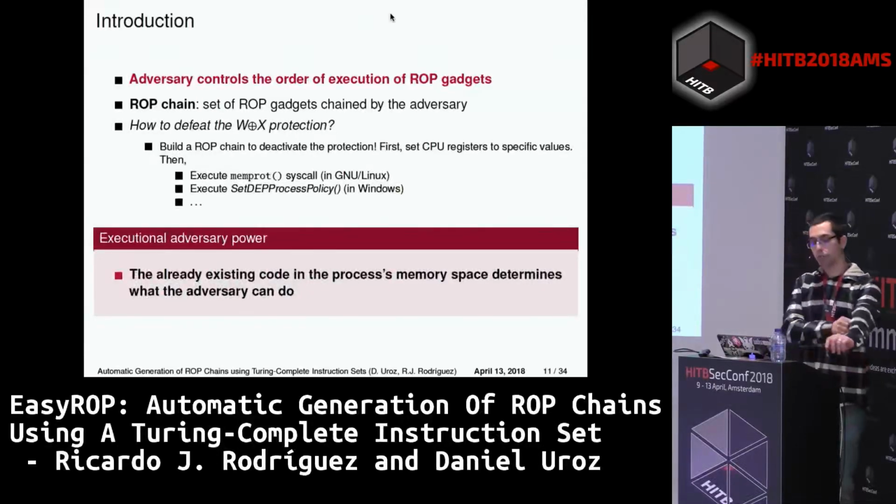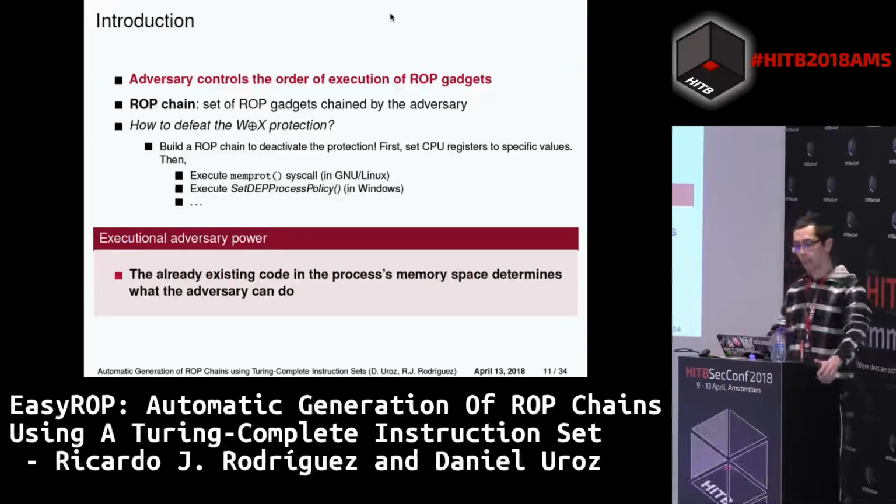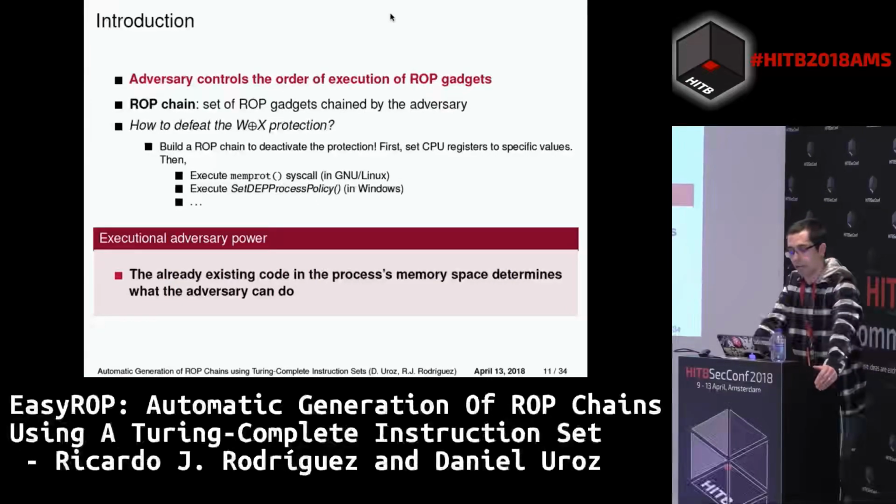Well, let me introduce a term here, executional adversary power, which means that the power of the attacker or the adversary will be equal to what he can execute, and this will be determined by which code already exists in the process memory. Okay,